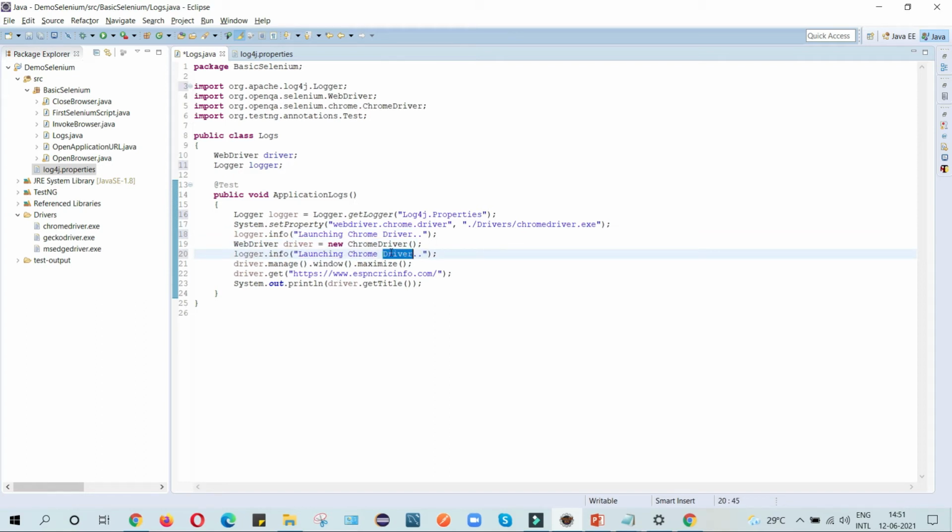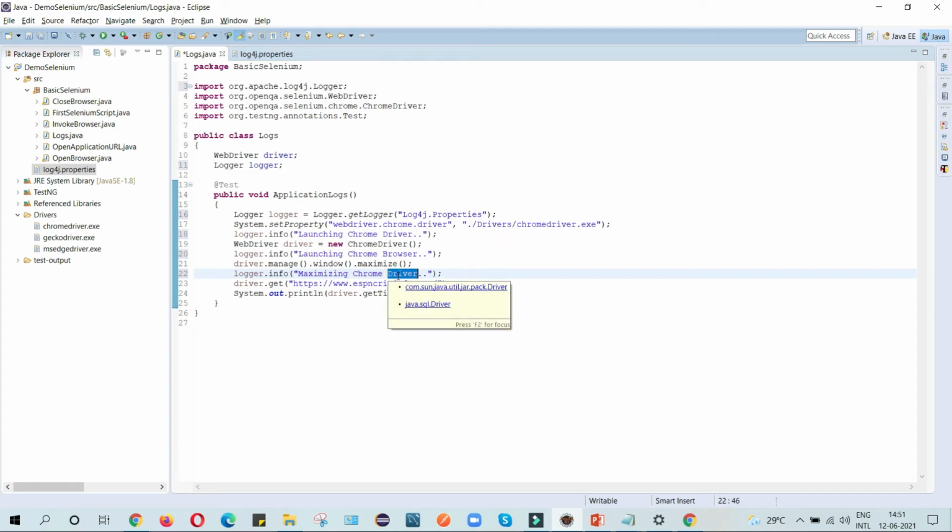So launching Chrome browser. After that it maximizes my window. So I will write maximizing Chrome window.